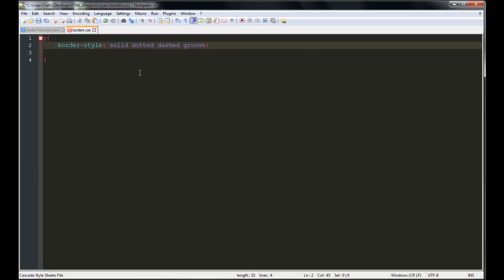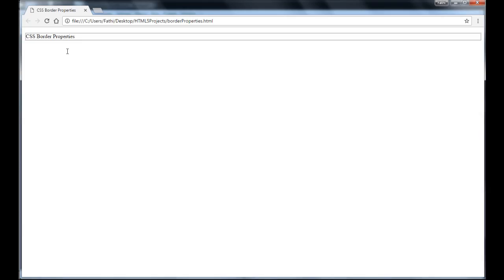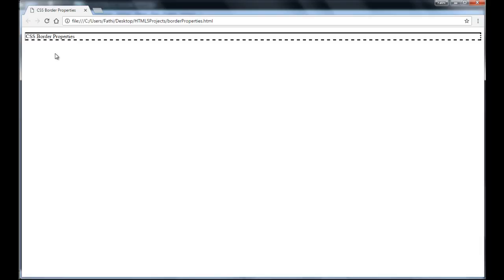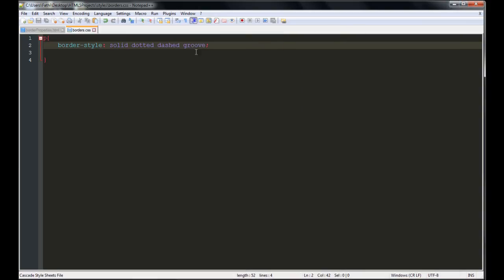Okay, and the way it works is top, right, bottom, left. So this solid is the top, the dotted is the right, this is the bottom, and this is the left. Let me save this, go here and refresh, and there it is. So solid, dotted, dashed, and groove. Okay, so it works top, right, bottom, left. Okay, I'm gonna remove all these